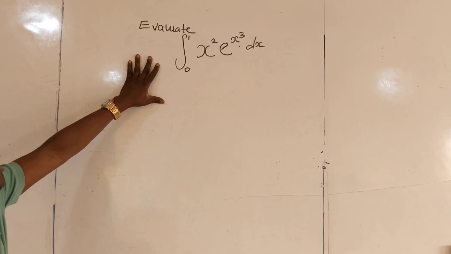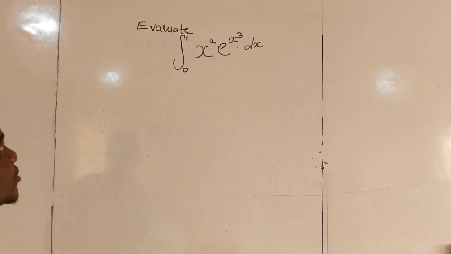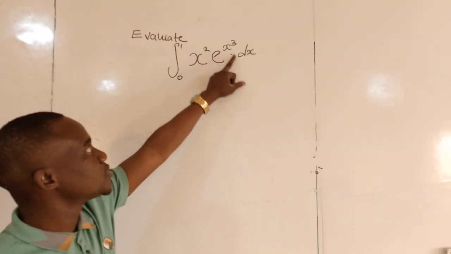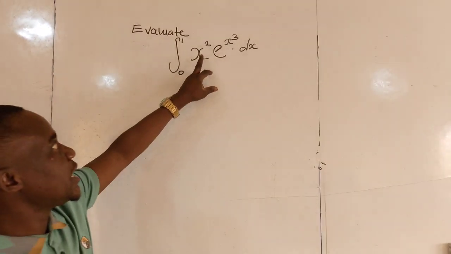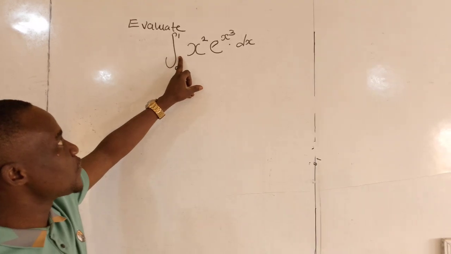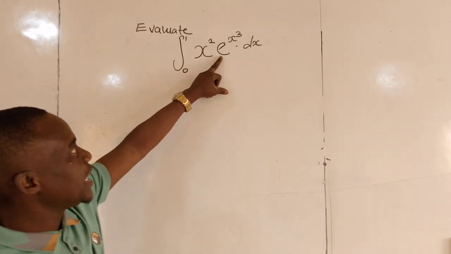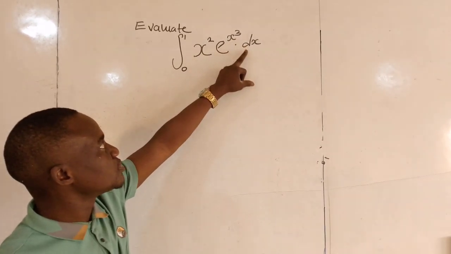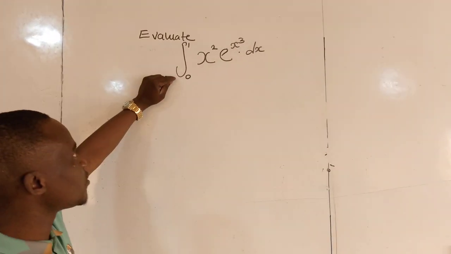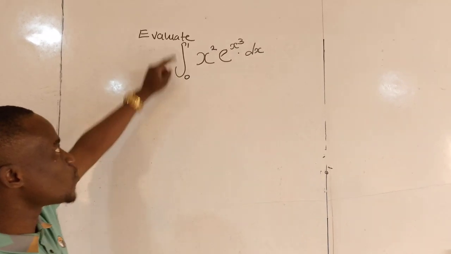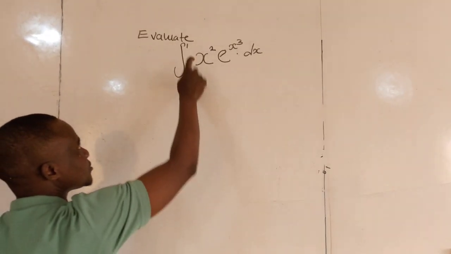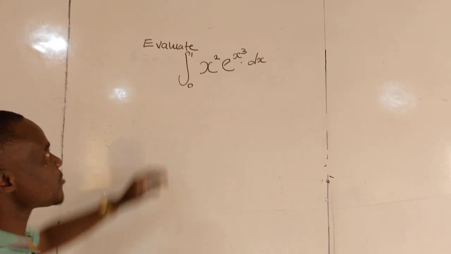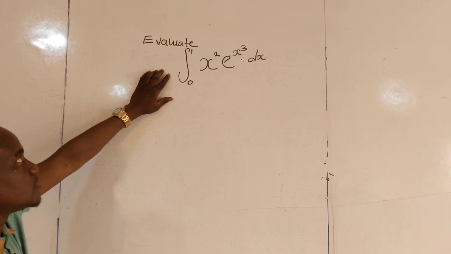This is another question from differential calculus, and this is integration. Integrate x squared e raised to power x cubed dx. The integral ranges from 0 to 1. So this type of integration is called a